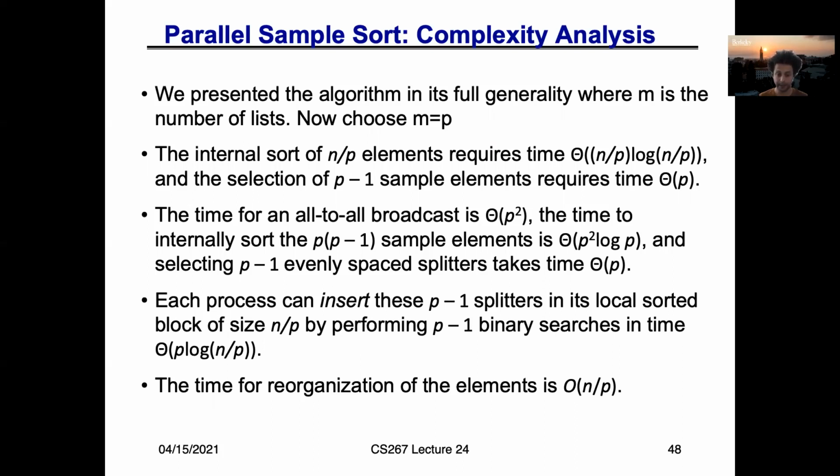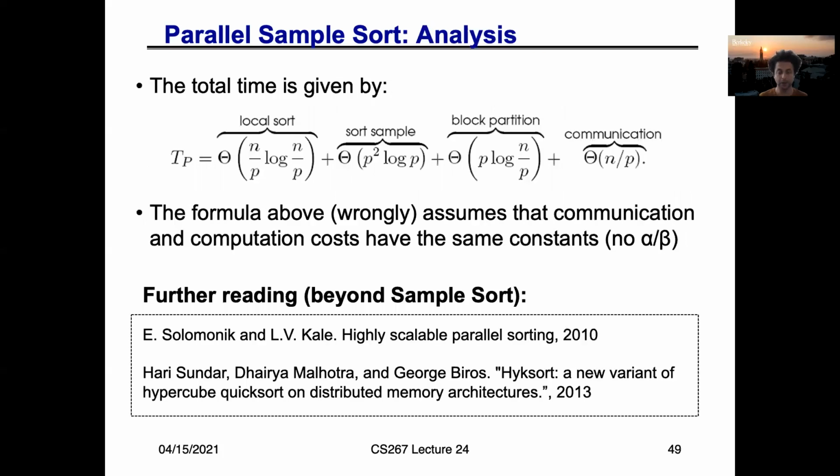Then each processor can insert the final splitters we chose from Y into their local range by just doing p minus 1 binary searches, for the complexity that's shown at the bottom: p times log(N over p). Why? Because each block was of size N over p, and I'm doing order p binary searches. And then the time to reorganize the data is N over p. So what we're looking at here is the local sort, the sorting of the sample list Y, block partitioning the data, and finally